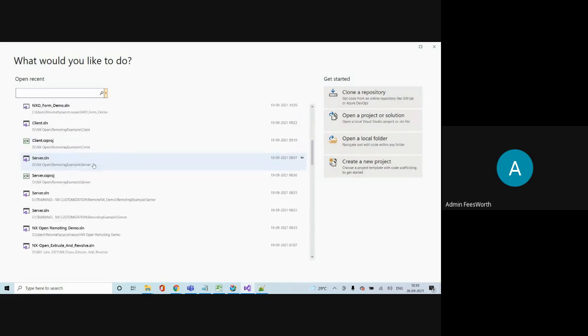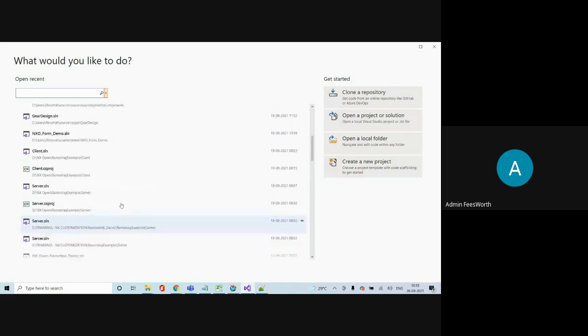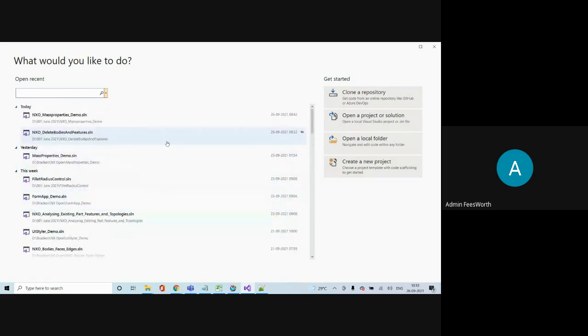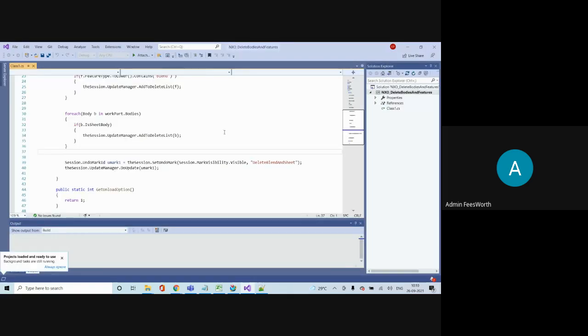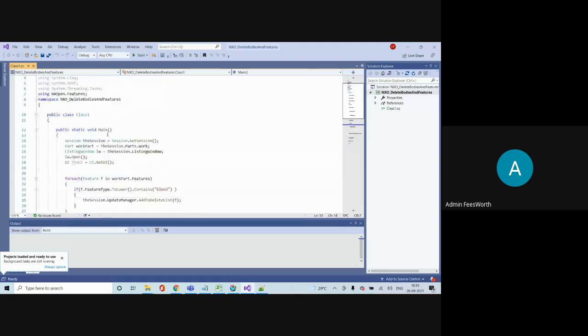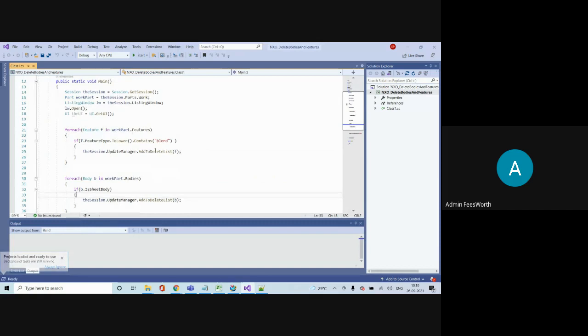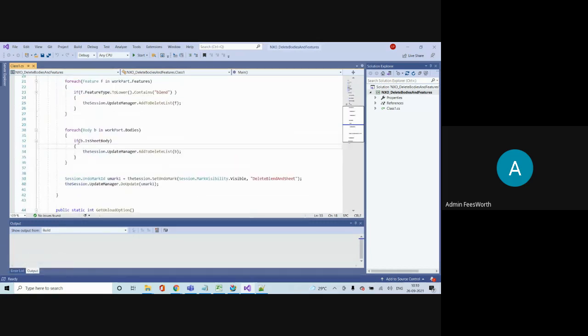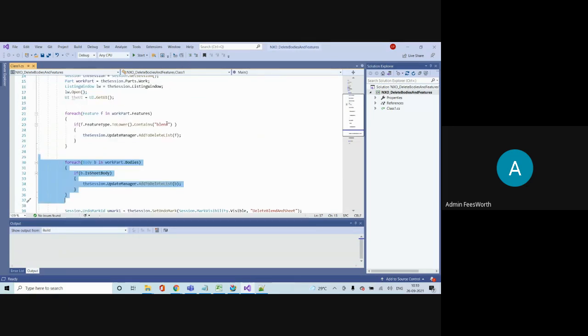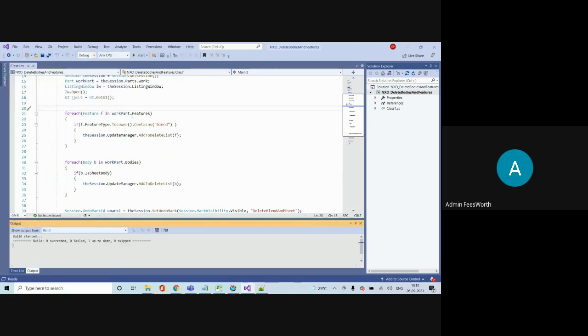These are some of the programs which we show our students. I'll take one, say deleting some features. This program will delete a particular feature programmatically. If I run this program, it will delete the blend features, so if there is any fillet, it will delete it. You write a program like this and build a DLL.